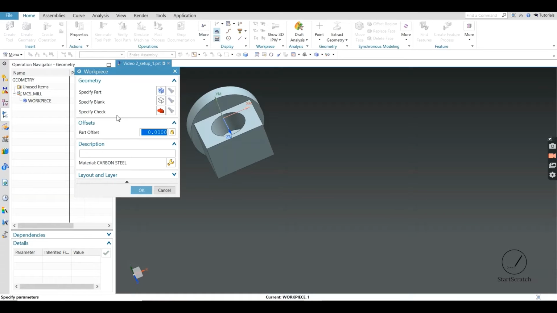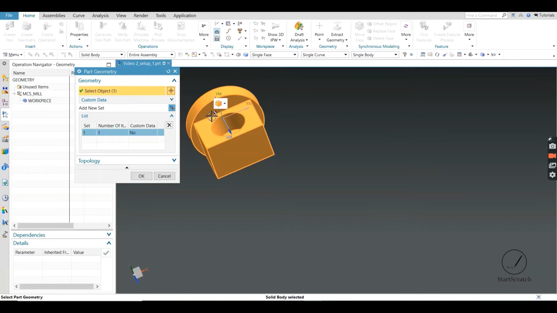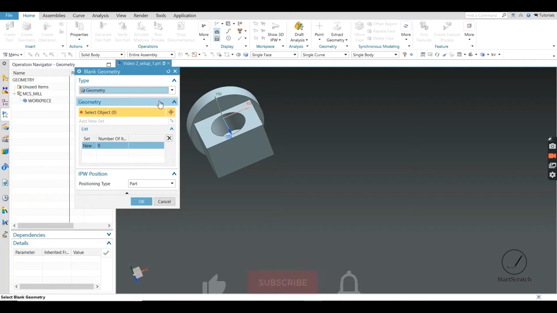For specifying the part, specify this whole part, and then the blank, specification of the blank.